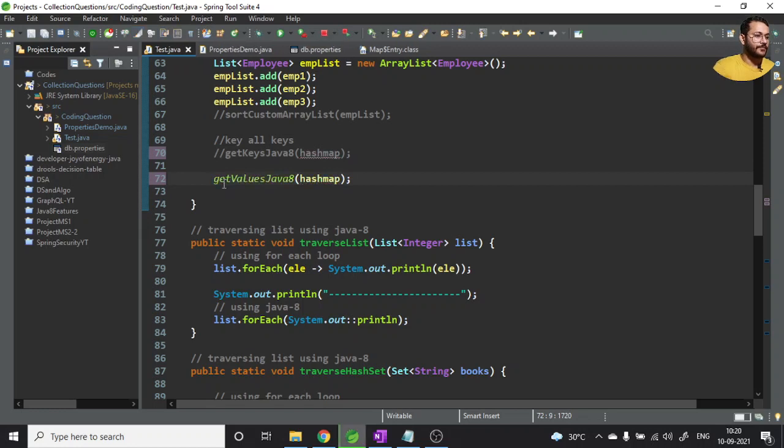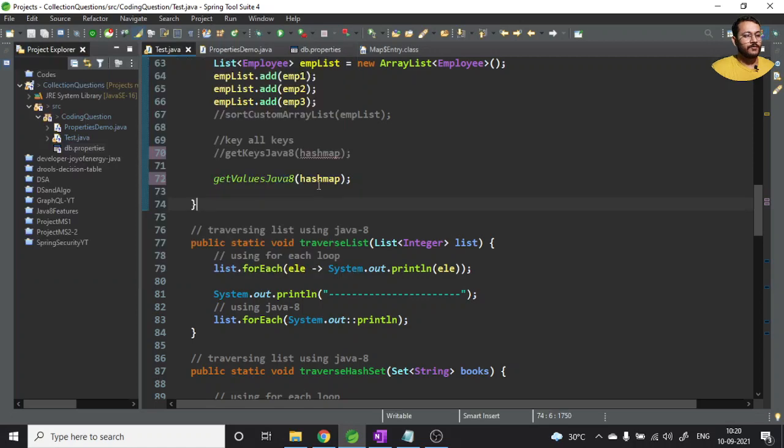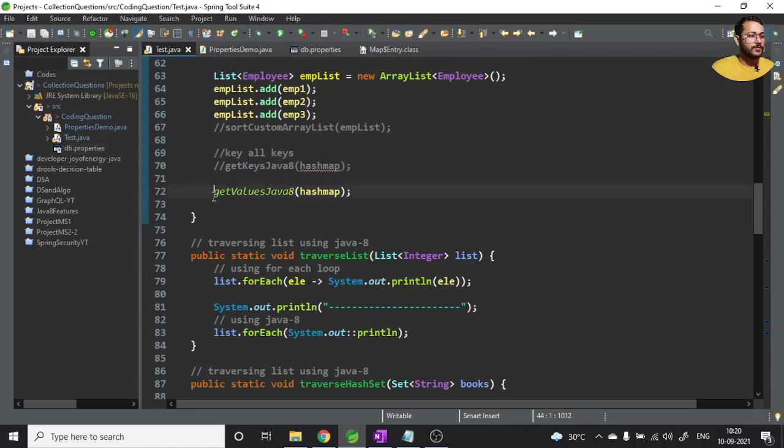Okay, yeah, 1 2 3, right? Values are coming this time because my HashMap has these keys and values. Okay, so now